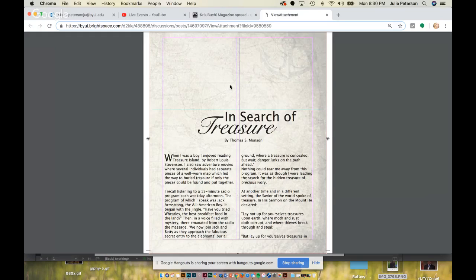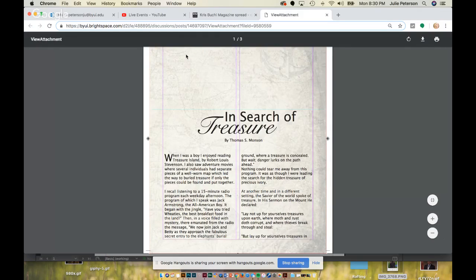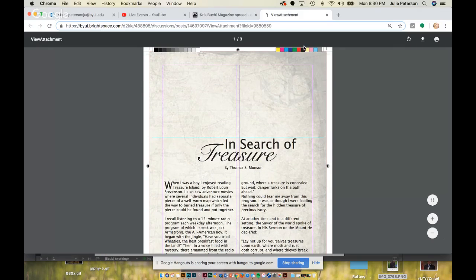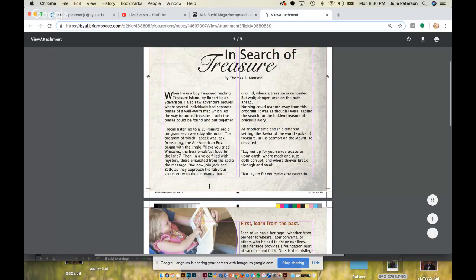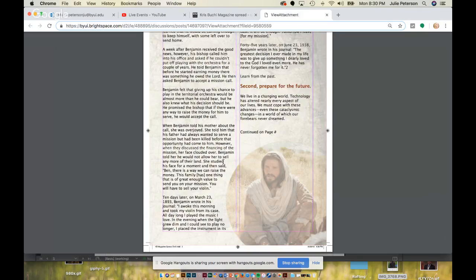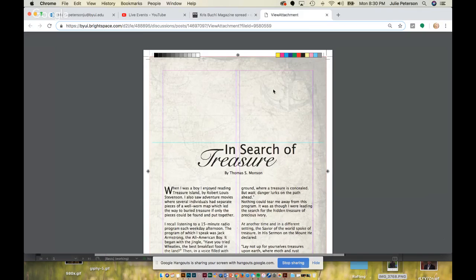I love this map, but my only thing is I am seeing that it's pixelated, which means I'm seeing the pixels, which means this image is a lot smaller than this background. So you're going to need to find a higher quality image. And if you just got this image off the internet, I'd look for another map that's not so pixelated. Sometimes when you Google images,